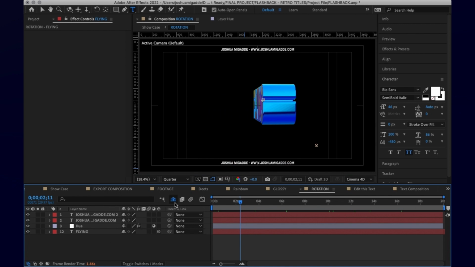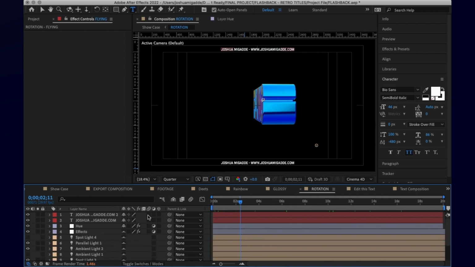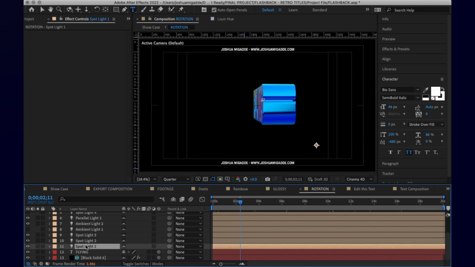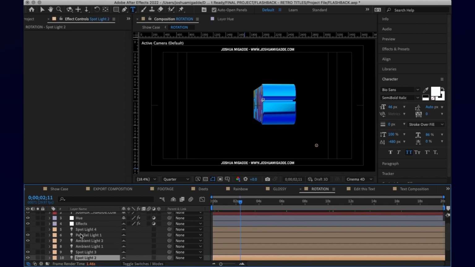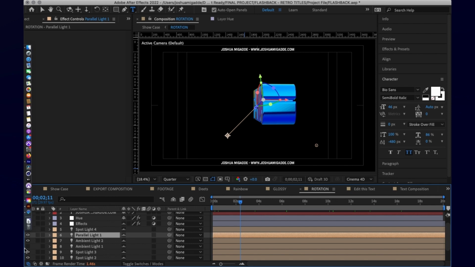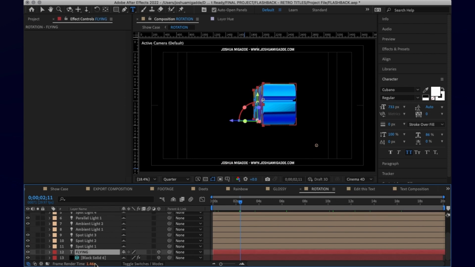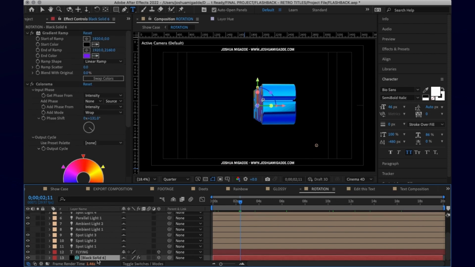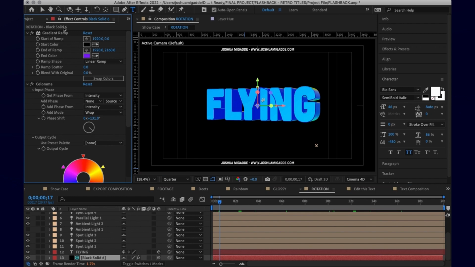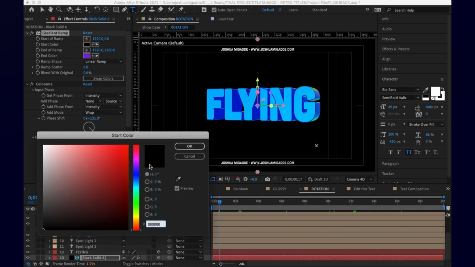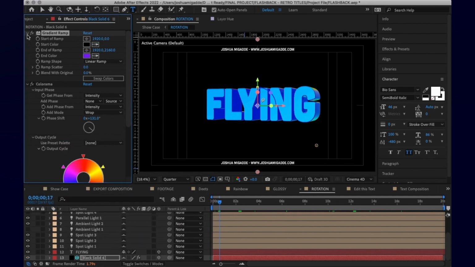And then again, I'm using the shy layers, and here I have tons of lights that are on, and some of them are not being used. You can turn them on whether you want or not. Another thing I'm using in this composition, especially for the words, is something called an environmental layer. This environmental layer is what's giving those kinds of colors that you see over there. On that environmental layer, I have a gradient ramp, one color being black, the other color being purple, and